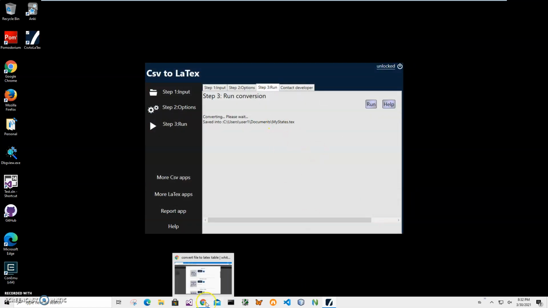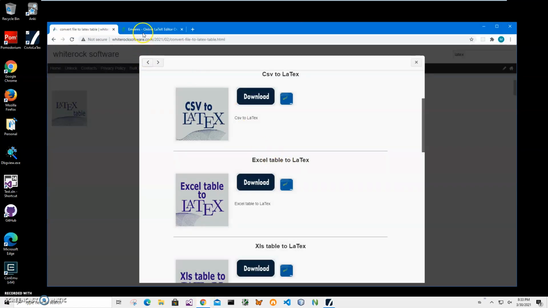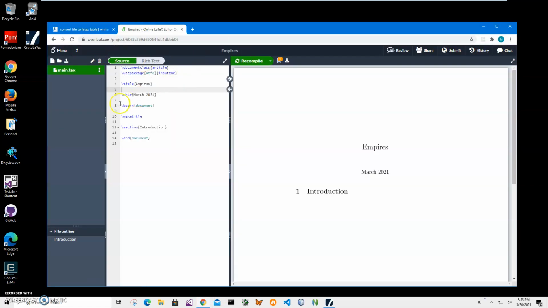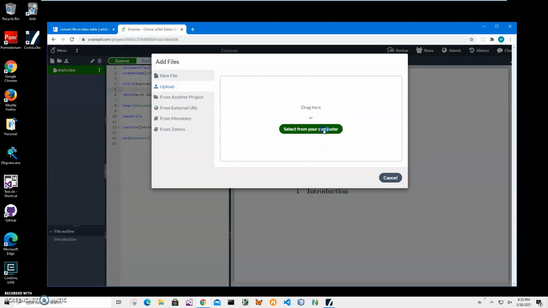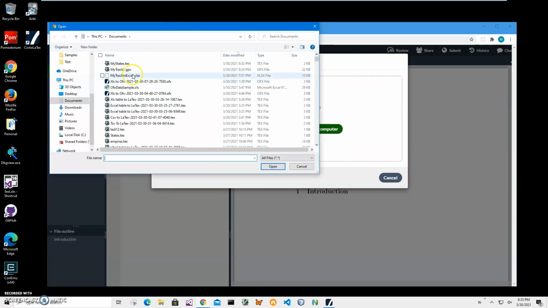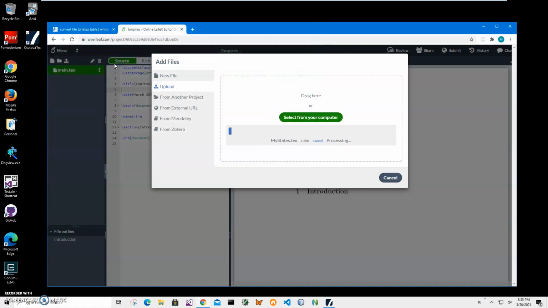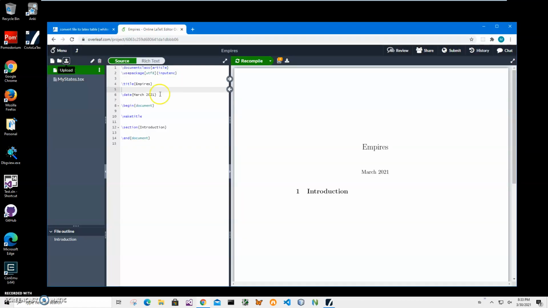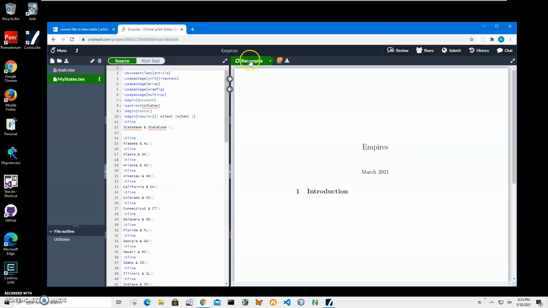Now in order to test this file, I bring up Overleaf. I have just an empty project, and I will click on the upload button, navigate to my file. It's my states text. I'll click it, and then I will double click on the file, click on recompile,